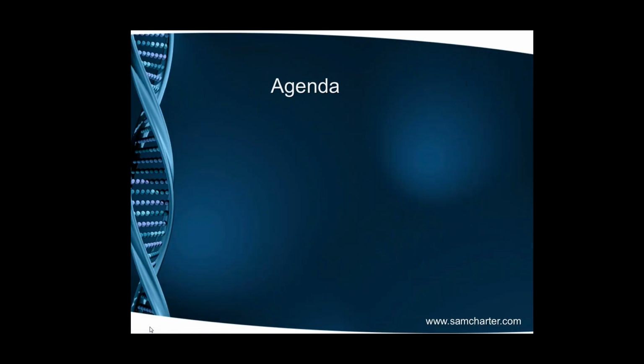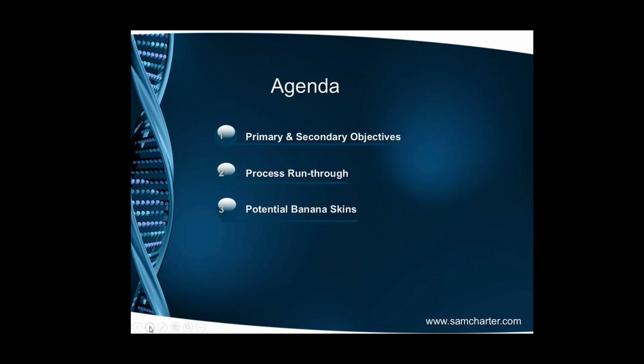Before we kick off, let's run through the agenda quickly. First, I'm going to be discussing the primary and secondary objectives of the software request process. Then I will give you a process run-through by means of a diagram. I'll be discussing the potential banana skins, which are basically the potholes that can trap an organization when embarking